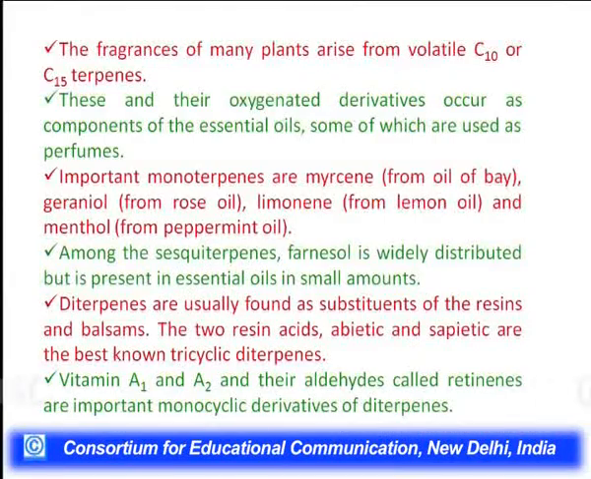Among the sesquiterpenoids, farnesol is widely distributed, but it is present in essential oils in small amounts only. Diterpenes are usually found in the substituents of the resins and the balsams. The two resin acids, abietic and sapietic acid, are the best known tricyclic diterpenes. Vitamin A1 and vitamin A2 and their aldehydes, which are also called retinals, are important monocyclic derivatives of the